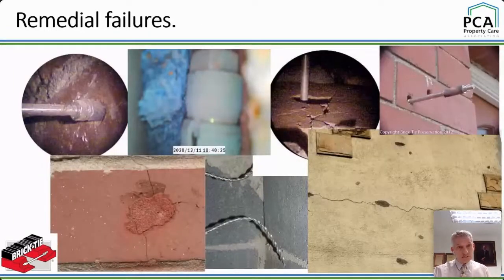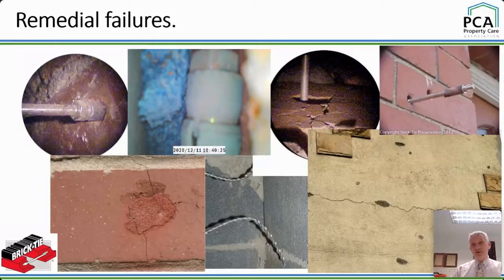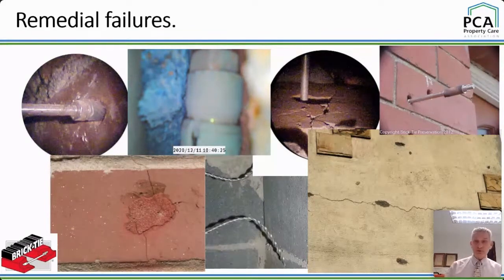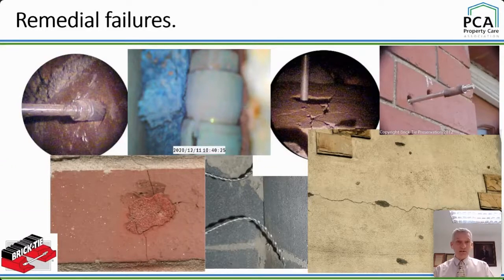But it also applies to specialists, especially in that Klondike gold rush of the sort of '85 right through to, well, to present day almost, really, because there's no supervision. You get this. The top left there, the tie's not hardly in the inner leaf. Next to that, rather blurry image, is an unexpanded mechanical. Next to that on the right, we've got a mechanical that's over-torqued in the inner leaf and split the brick. Another one that's loose in the hole. It happens with resin and all sorts of other things as well. I'm not picking on mechanical ties.